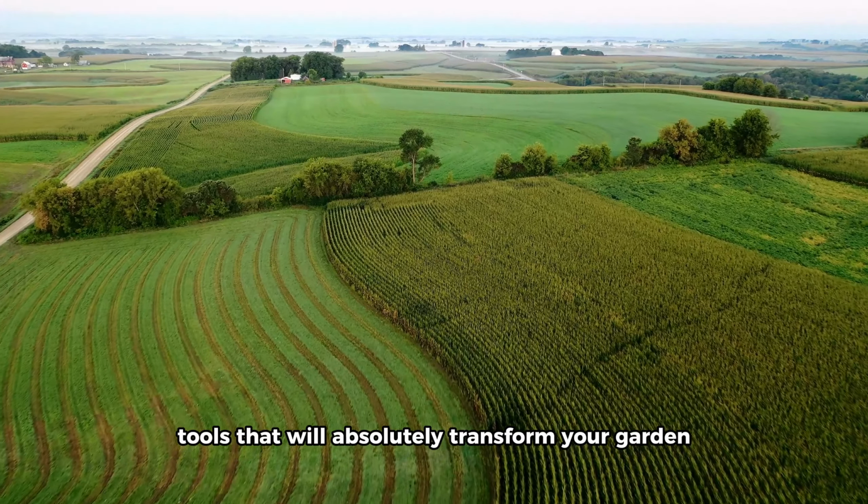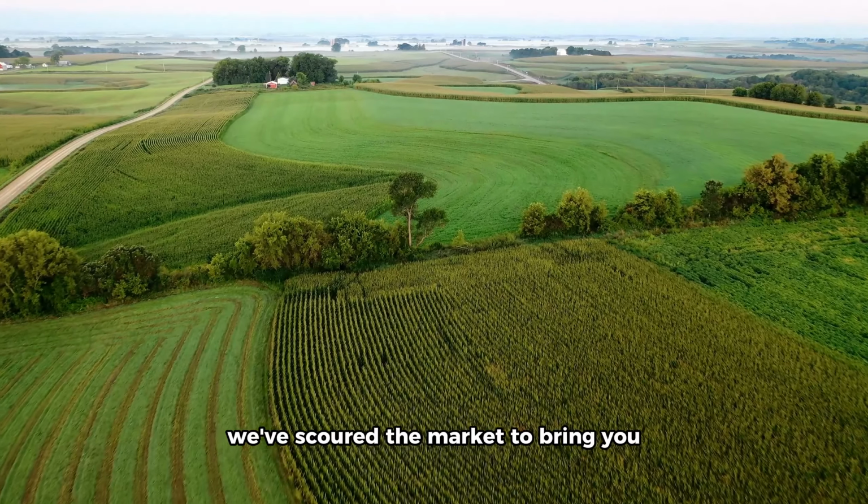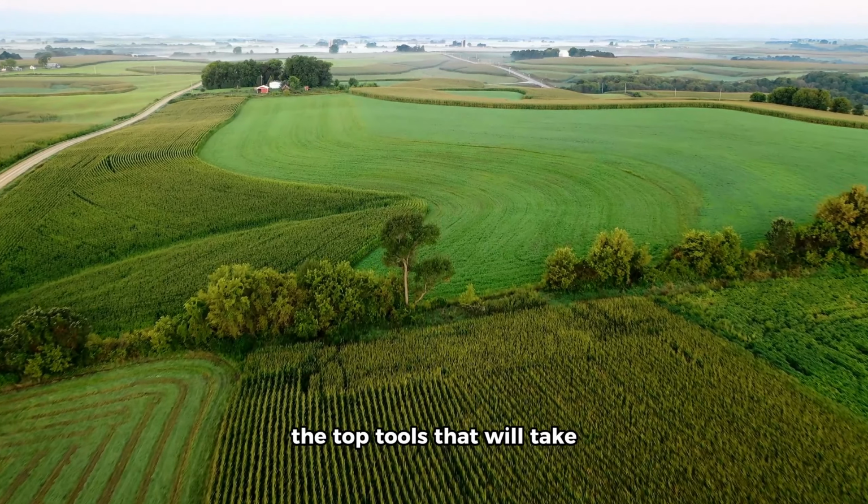Tools that will absolutely transform your garden. From planting to harvesting, we've scoured the market to bring you the top tools that will take your gardening game